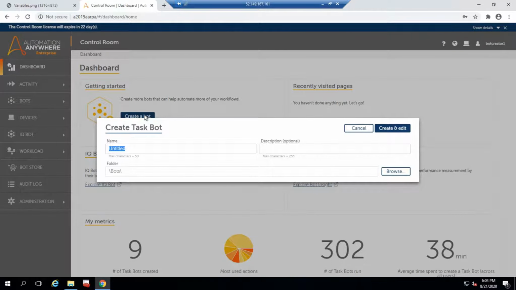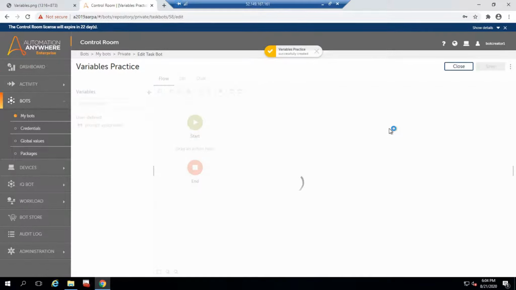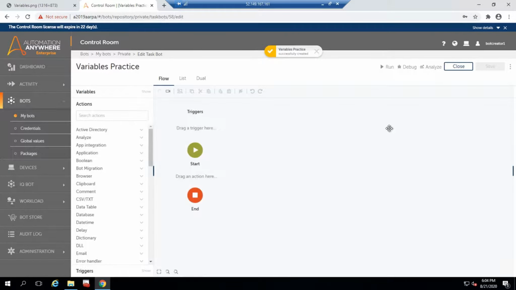I will just say variables practice. Okay, I'm just going to create and edit. This is the UI you can see in A2019. The UI is entirely different, and the commands also look different, right? Here you can see flow view, list view and dual view also.